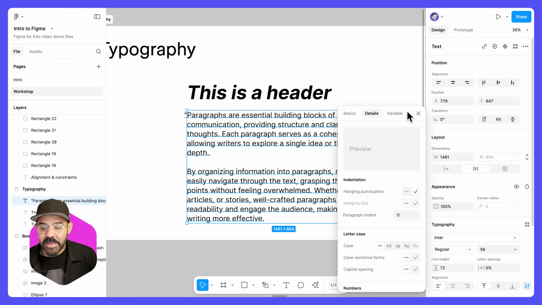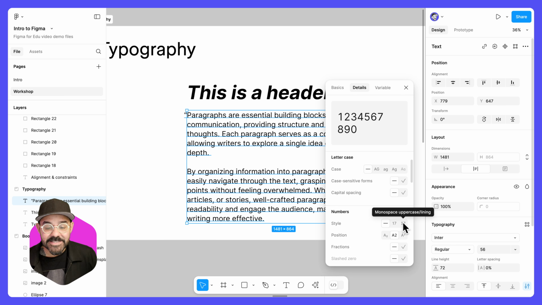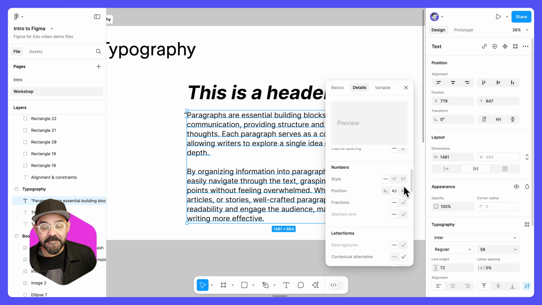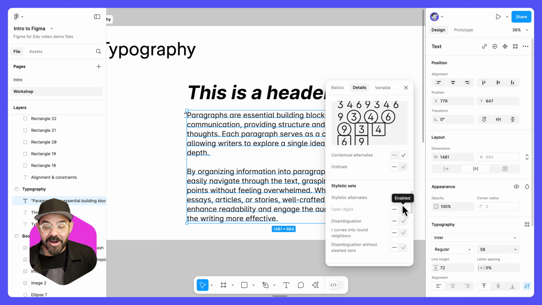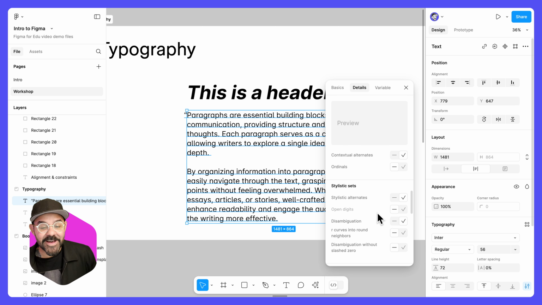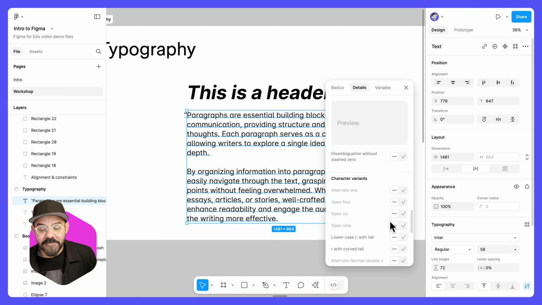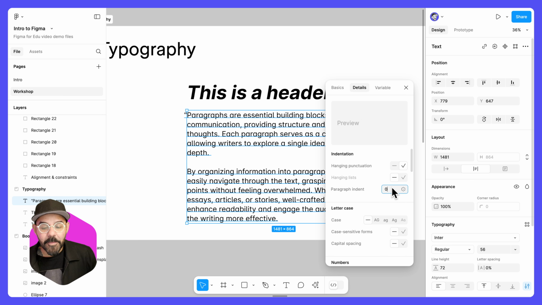I'm going to click here again, other details you can adjust. You can modify the letter case. You can access other features of a given font as you move through the details in this set. You can enable stylistic alternates. You can apply disambiguation, which in this font allows you to better see the difference between a lowercase l and an uppercase I, and just take a look at the various options you have available. I think that this is a bit of a deep cut, but it provides folks a lot more flexibility when